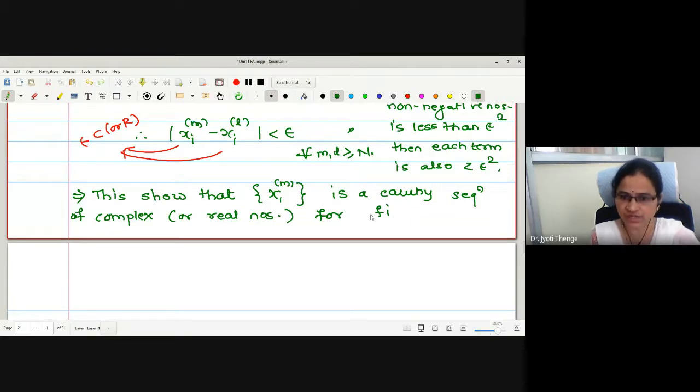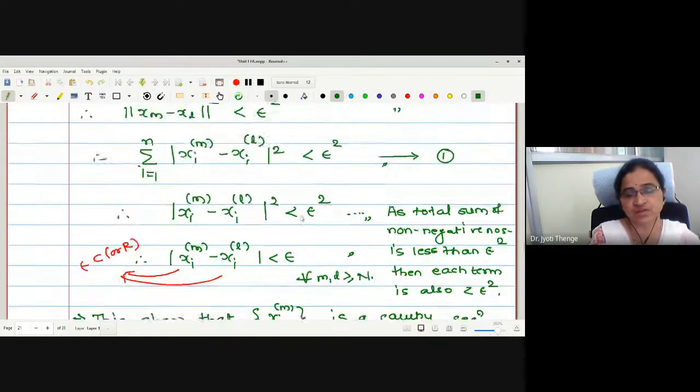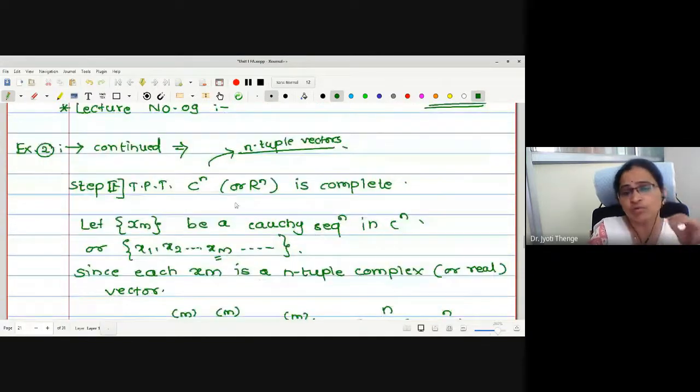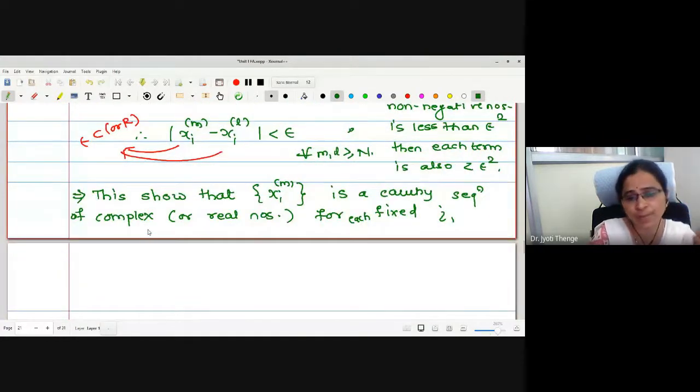For each fixed i, for every i, this is one sequence, no? For every coordinate, it will generate one sequence. Now, we have moved from a Cauchy sequence in an n-dimensional space to a Cauchy sequence of complex or real